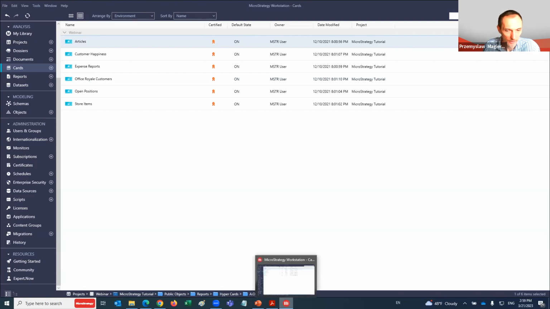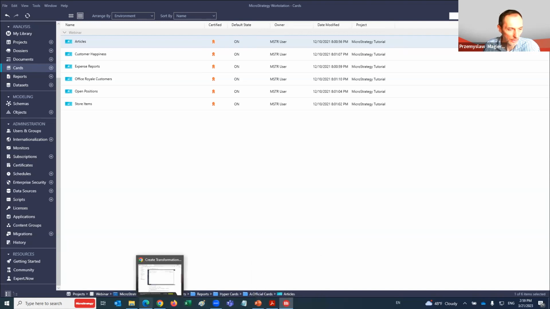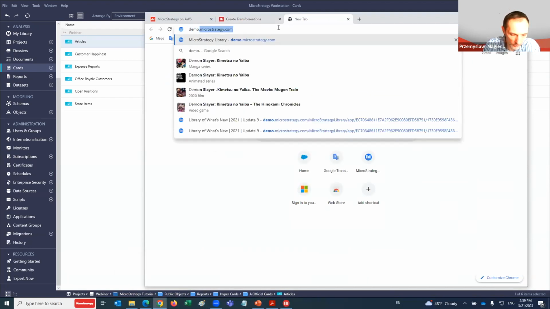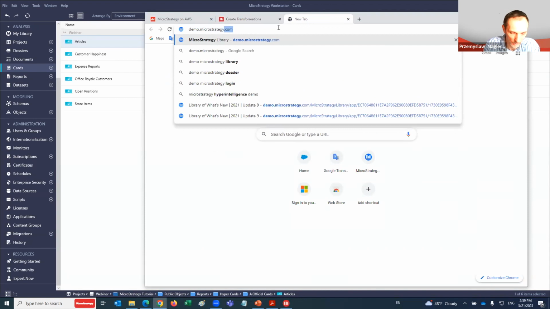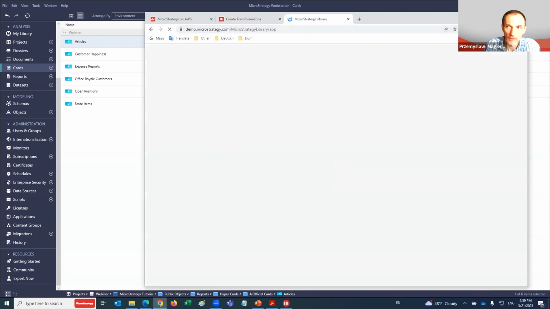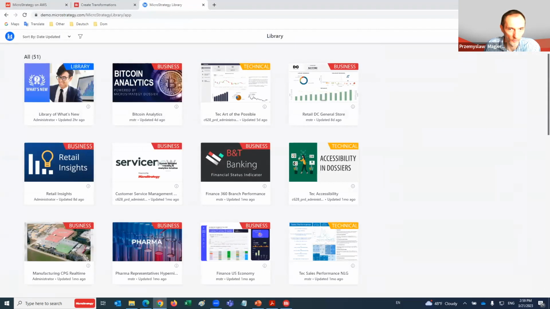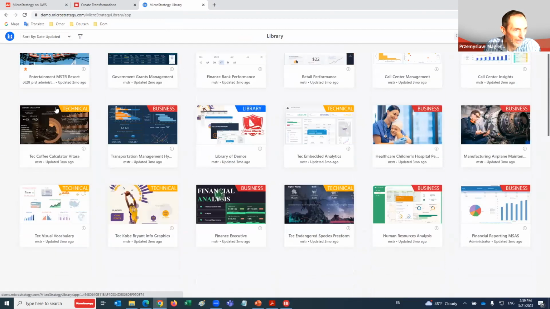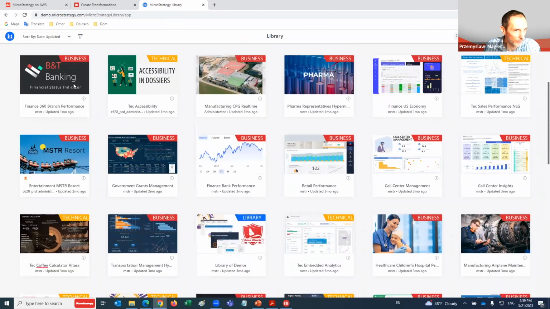So I hope this part was somehow useful to you. Again, I did not show everything to you, but you can also take a look at some interesting web pages if you are interested. You can go to, for example, demo.microstrategy.com, and you will find here some examples of those capabilities, including the first one here, library of what's new, right? If I open that one,